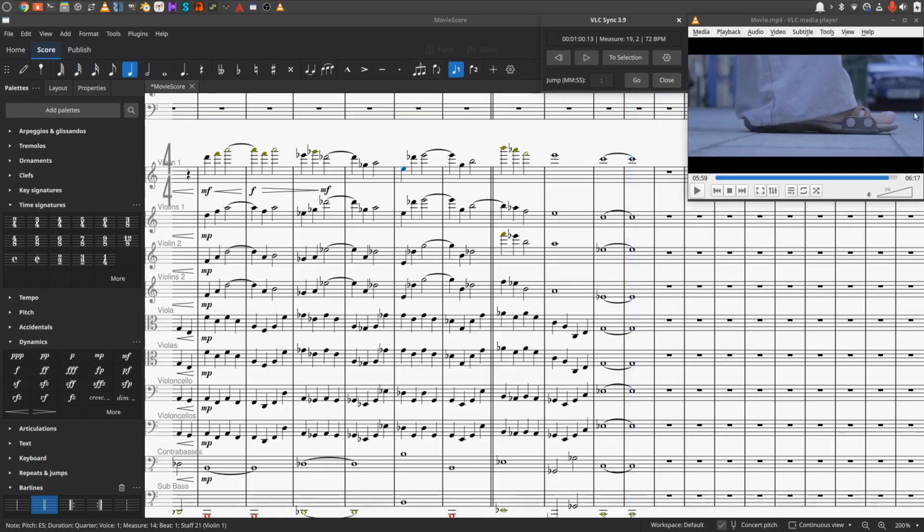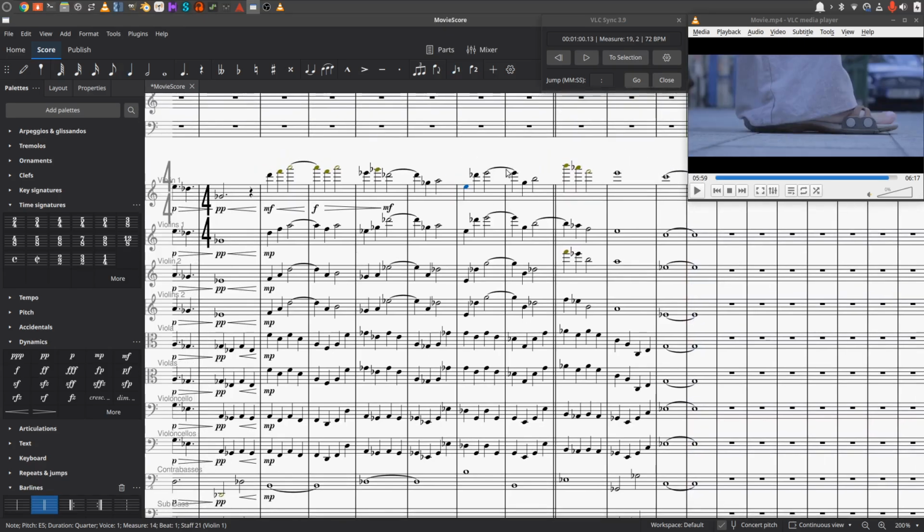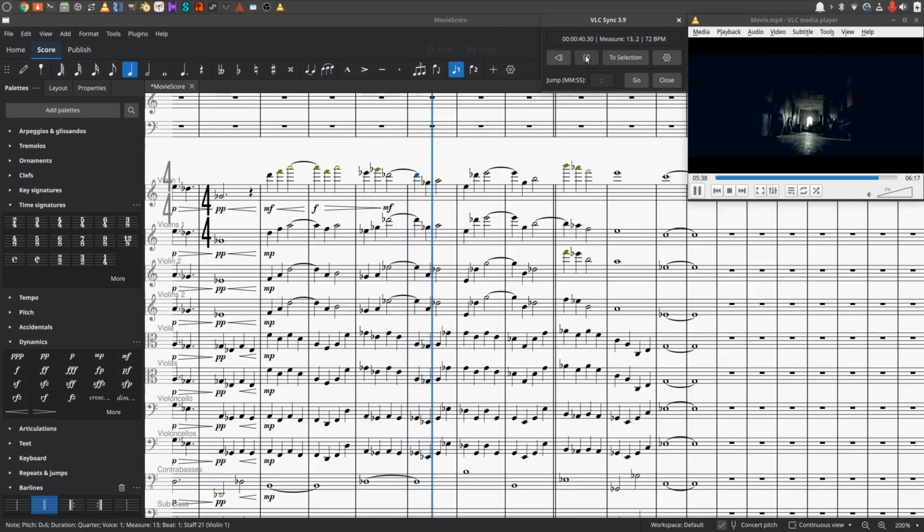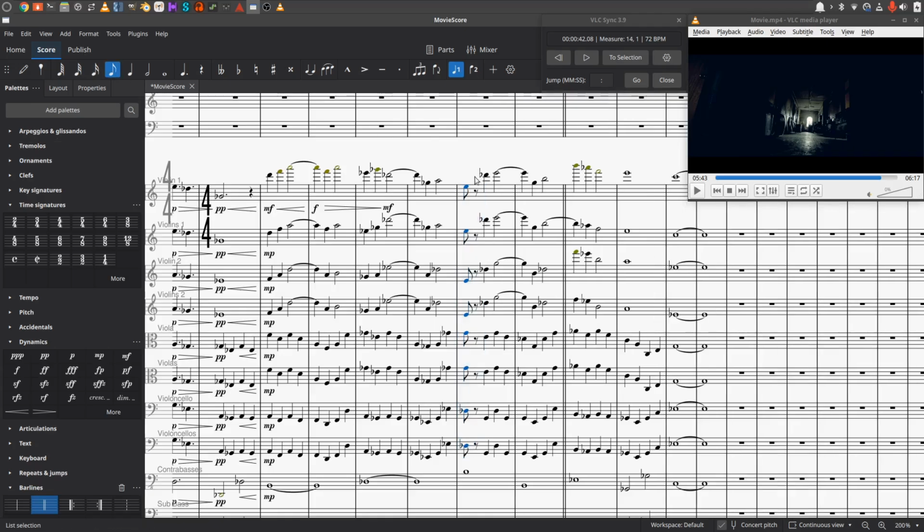Okay, and this could be a fade into the next shot, which we'll deal with in a moment. I want to change the rhythm here. Maybe get some eighth notes in. Let's try this real quick. I'm going to take the first note here, make it an eighth note. I'm going to take the second note